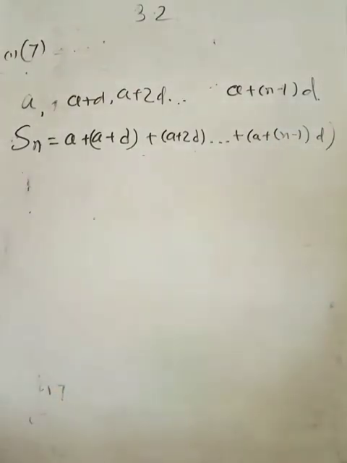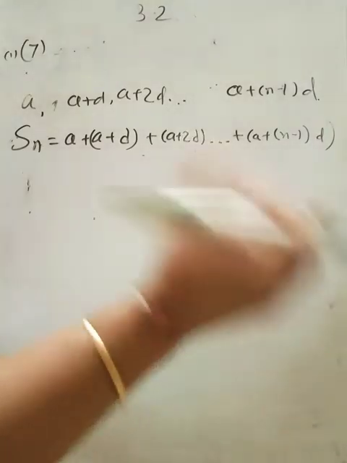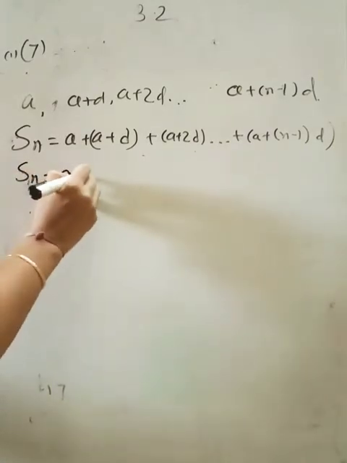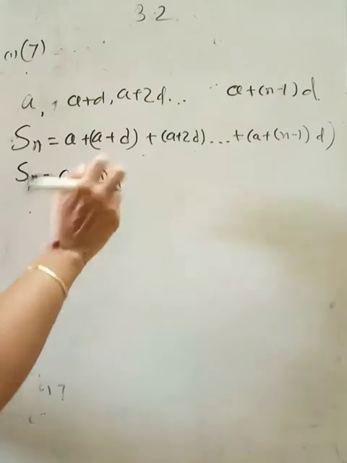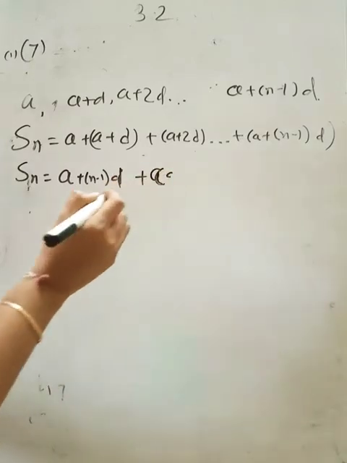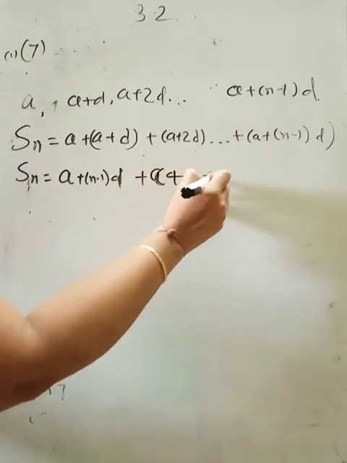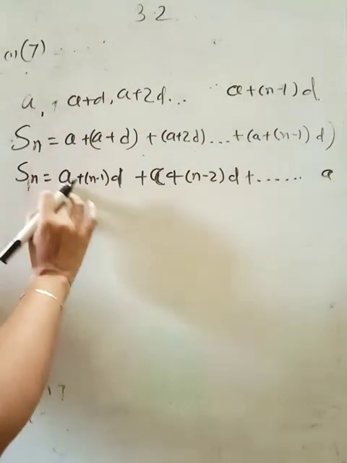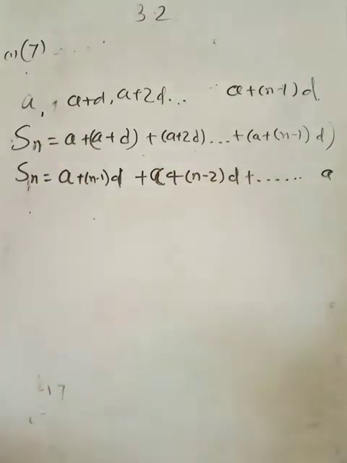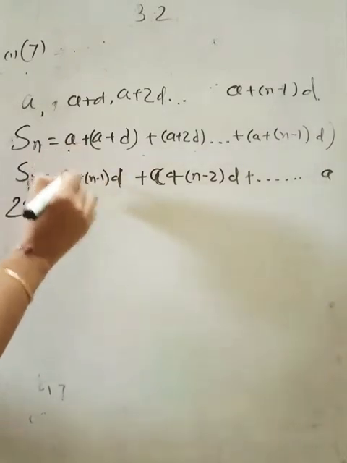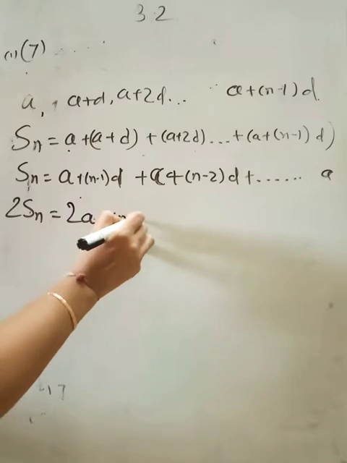Correct? वैसे ही जैसे उसने किया था ना, वैसे ही मैं उल्टा करूँगी. हाँ, writing decreasing, ये increasing order, तो decreasing order में कैसे लिखोगे? सेम ऐसे I can write A plus n minus 1 into D. Last term will come first. Okay, plus A plus n minus 2 into D plus dot dot dot dot dot last में. समझ में आया? जैसे कि 1 to 100 है तो 100 to 1 किया था ना, same way. So what will be 2Sn? 2 times Sn. इन दोनों का एडिशन करो. A plus A, 2A plus n minus 1 D.